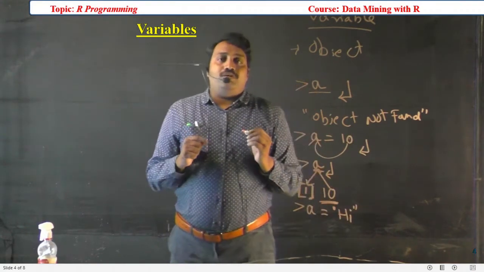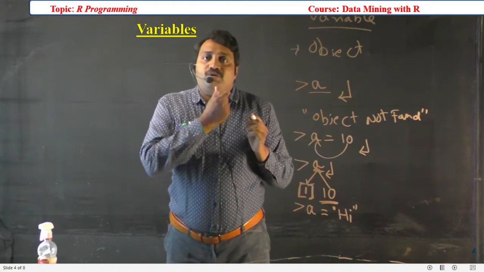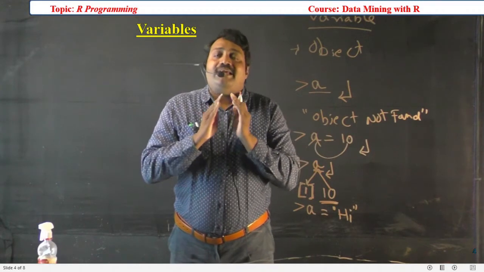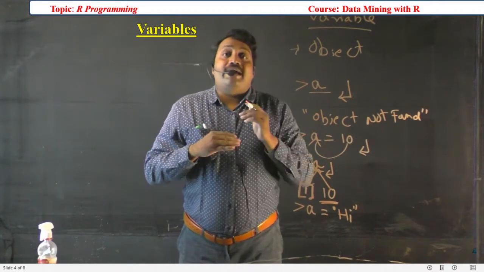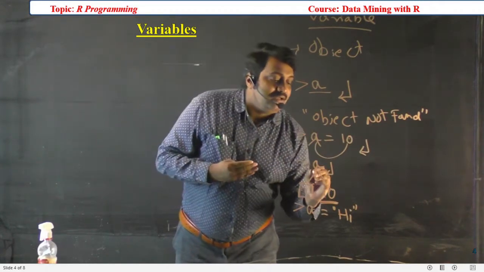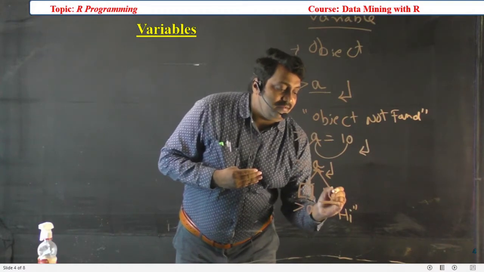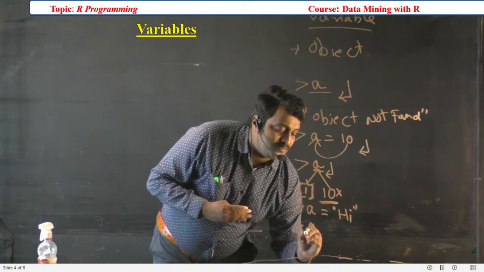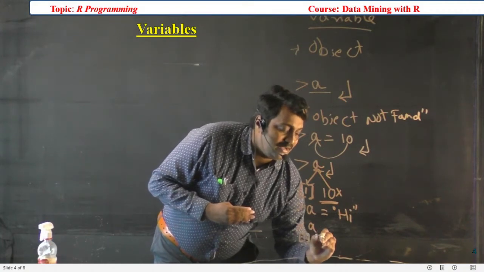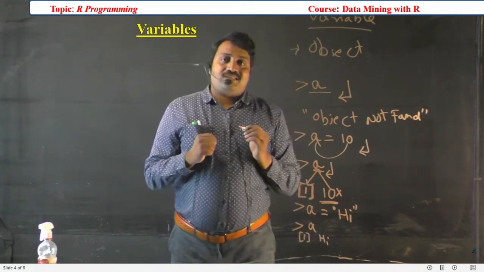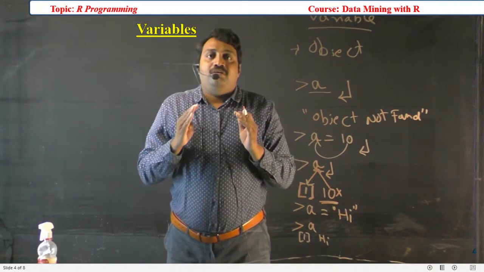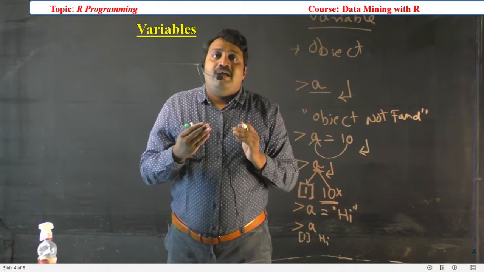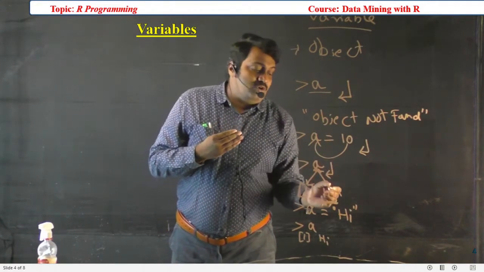Means I want to store "hi", a string, into the object A. What will happen? Nothing will happen. We will not get any error because it's directly updating the A value instead of 10. When I'm calling A, it's going to show the output like hi. Without any explicit conversion, the value which was previously stored, that is 10,